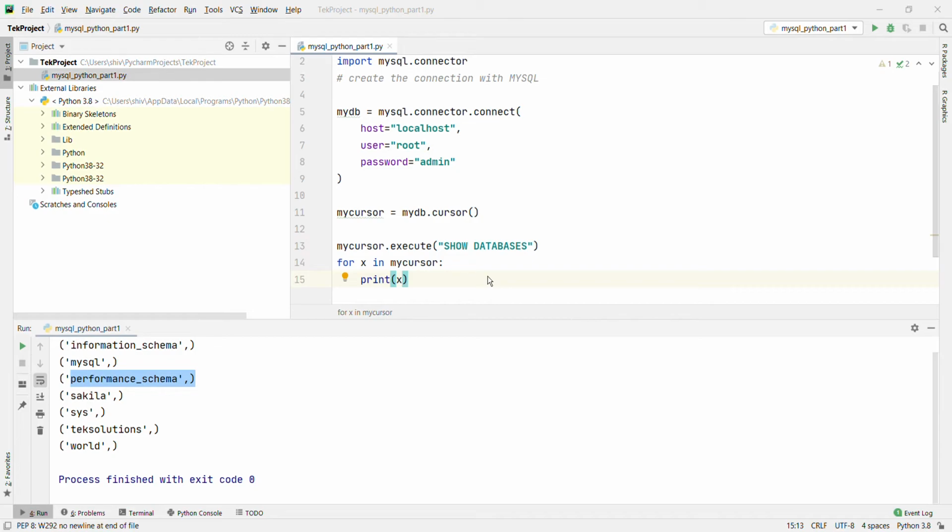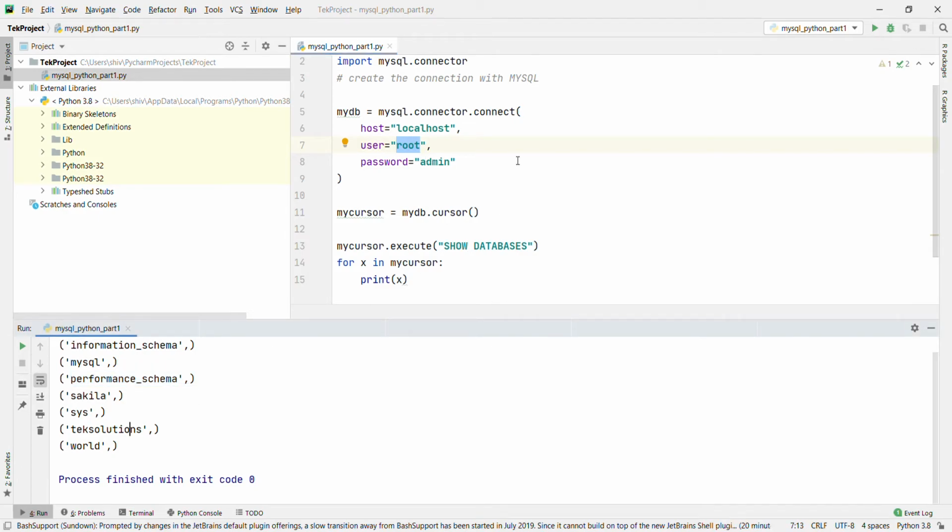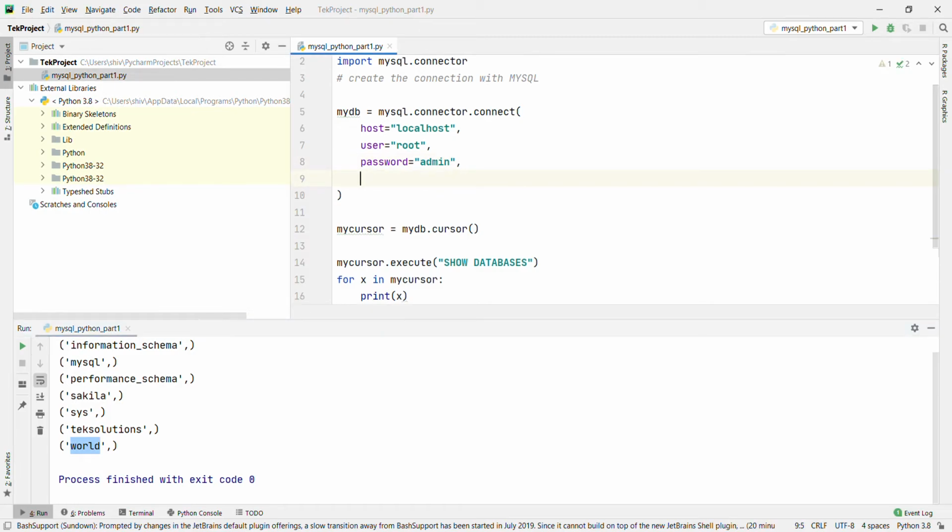Now what are we going to do next? Now you see it, we are accessing the localhost with root and admin, using the username and password, and it will show all the databases. Right, now if you want to connect with only a particular database, like Sakila, tech solution or world, then we have to pass an extra parameter to connect with the particular database. Okay, then we have to use